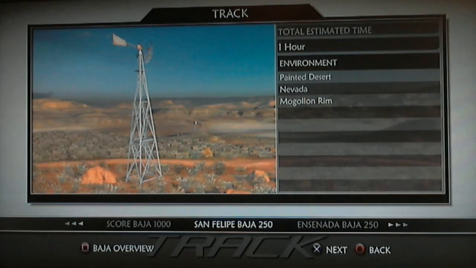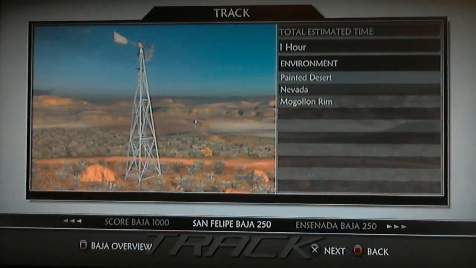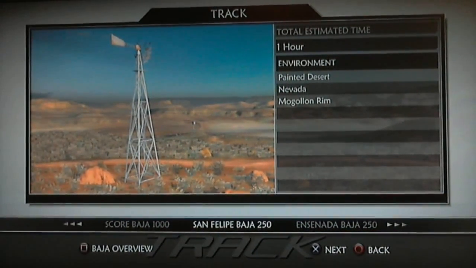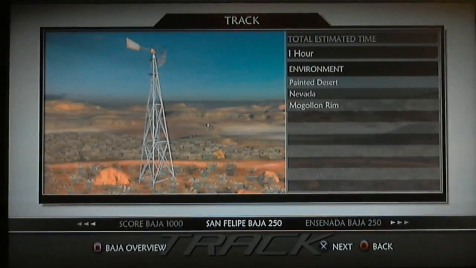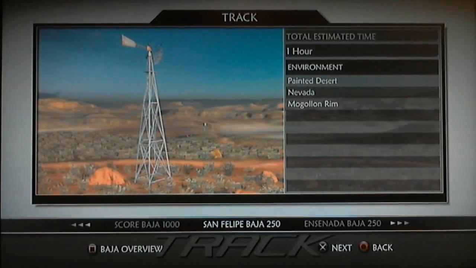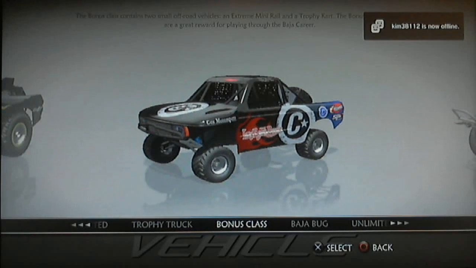So yeah, I'm going to do them with one different class per race, and I do not know why it's so tilted. I do not understand it. Is it because of this? This looks much better. So I'm going to do San Felipe Baja 250, and since there are 9 classes, including the bonus class,